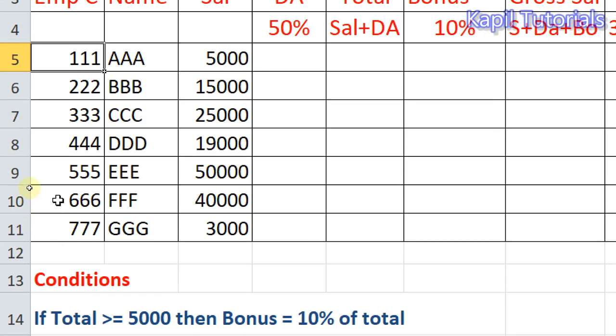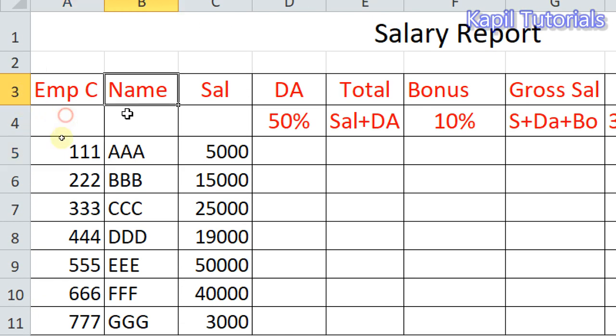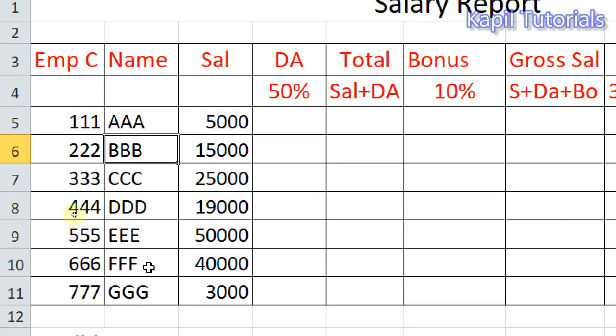So some fictitious IDs I have given here. The names are also fictitious, because my main motto is to teach you how to do the calculations with certain conditions. Then certain salaries I have typed here.